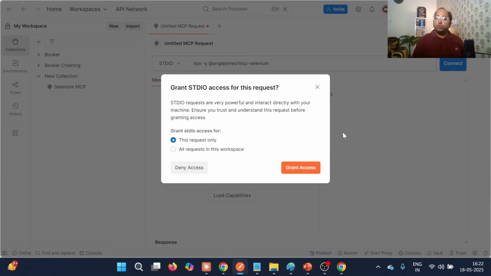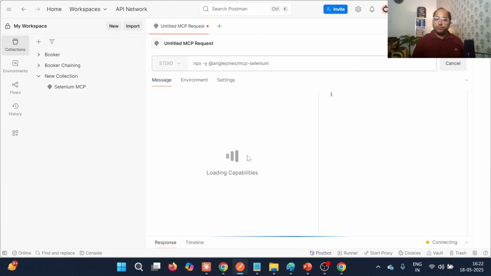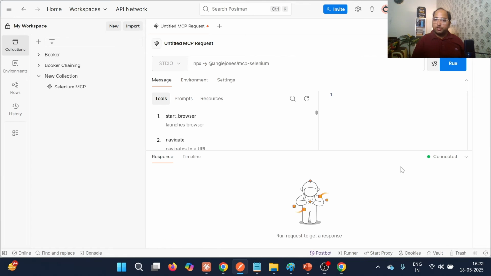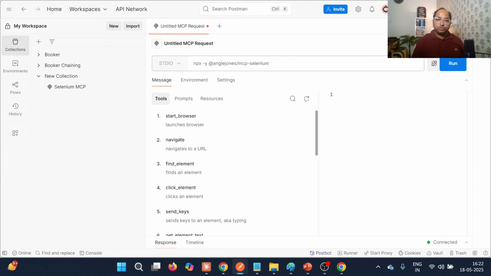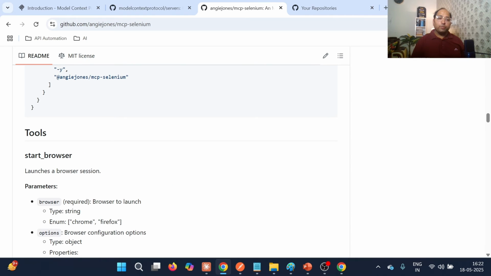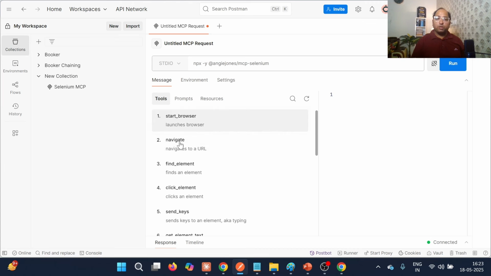Now let me try to create a connection with this, right? So it will create a connection with this. It may take some time, so let us wait for the same. So it is connected. As soon as it is connected, we are able to see these sections. So we can see the tools, right? Whatever tools or capabilities are defined by this particular MCP server, we are able to see these options,